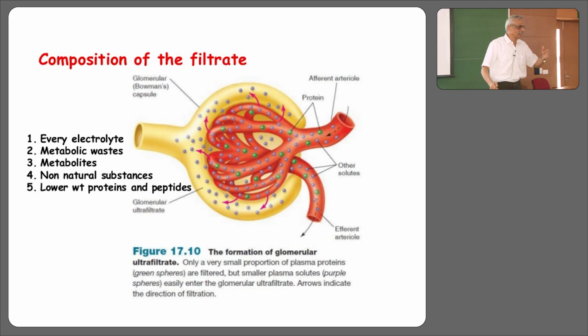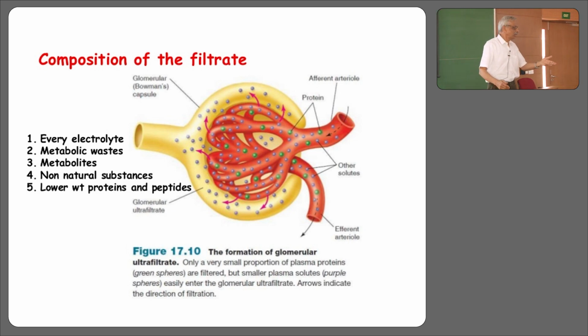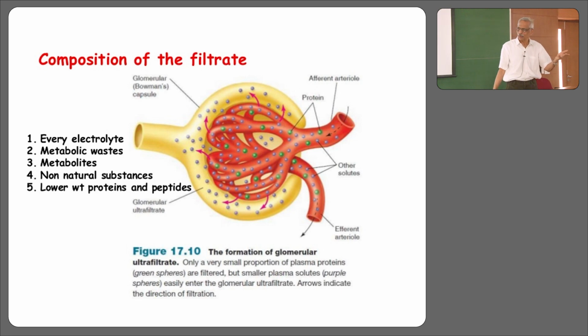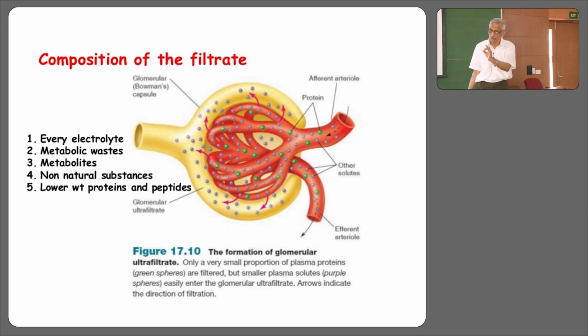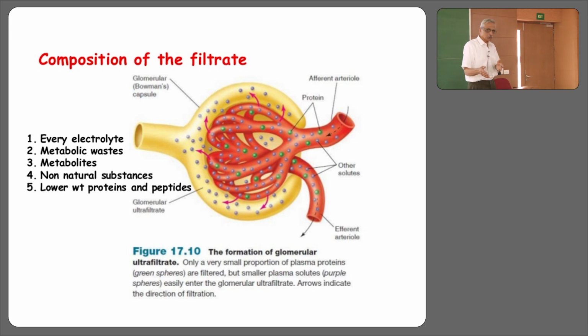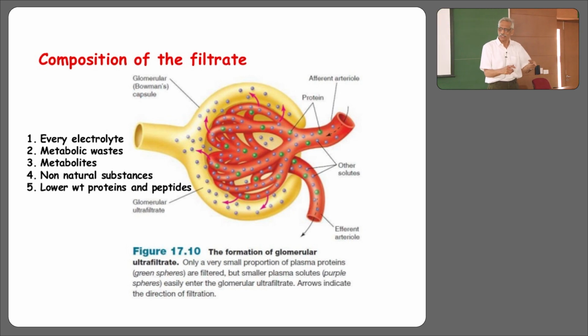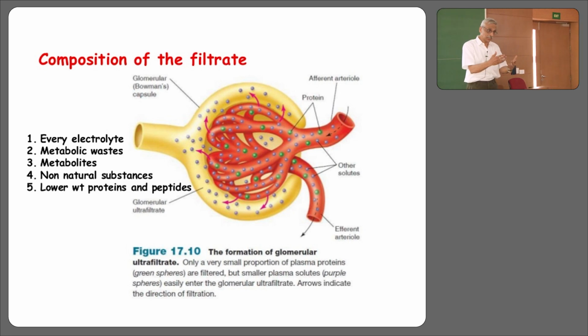You filter the blood again, and again, and again. If you are 70 kg, over a period of 24 hours, the amount of blood that is flowing through the kidney is 180 liters. How much is the total amount of blood you have? 5 liters. So the strategy which the kidney has is filter again and again. As a result, if not in this turn, in the next turn, it will be filtered. Are you getting the argument?